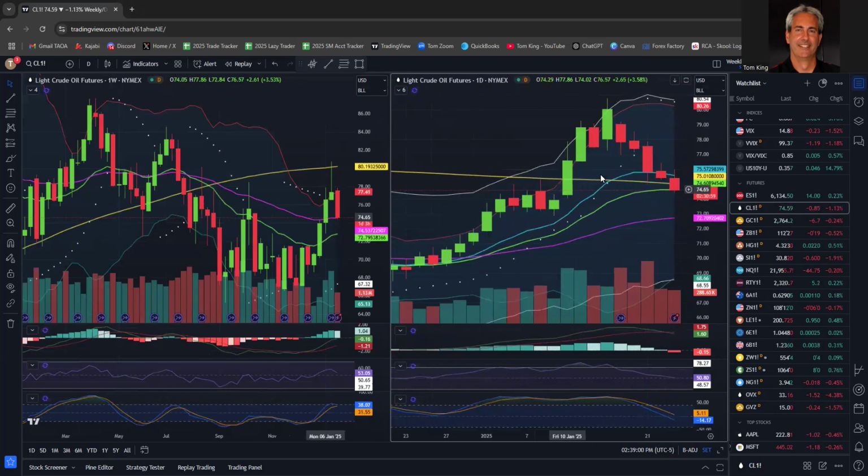If we're looking at crude, we just flipped. So we were bullish, bullish, bullish, bullish, bullish. We flipped on this day. Now, MACD had already started to roll over. RSI had already rolled over. So back in here,